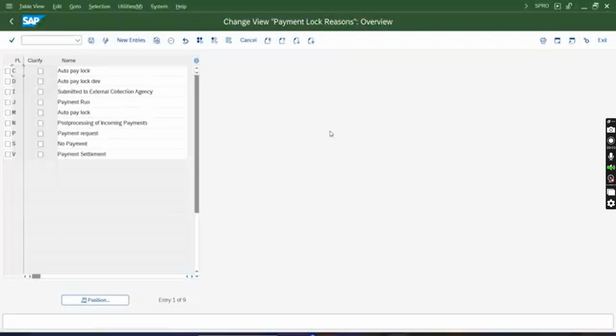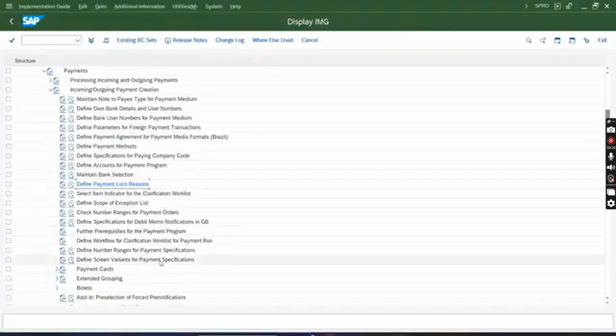That means in that period, no payment will be deducted. Auto payment will not happen. Maybe if my bill is due in that period, I will pay manually, but I can put an auto pay lock. So this many auto pay locks are there. If the lock is posted, the payment will go to clarification. Lots of payment locks are already there, I'm not going to create any more. Next step is to show you the payment medium format, because after I post the payment